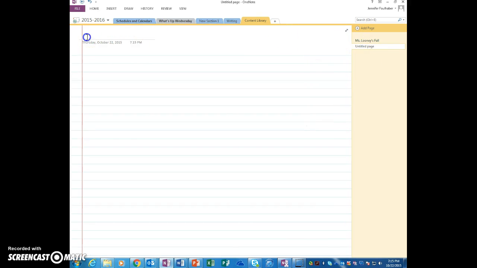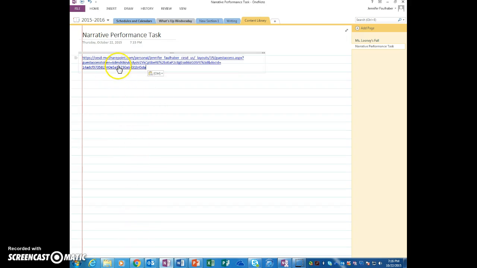So your page, you're going to title it Narrative Performance Task. And this is located inside the content library of your OneNote class notebook. Click anywhere below Narrative where you put the title, and you're going to paste it by hitting Control V or just right-clicking and pasting. Now, as long as it has the blue lines and it's underlined,